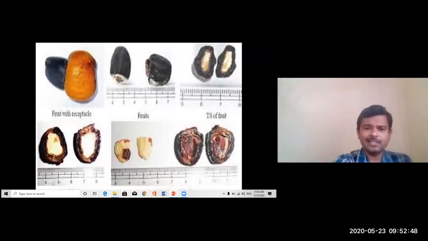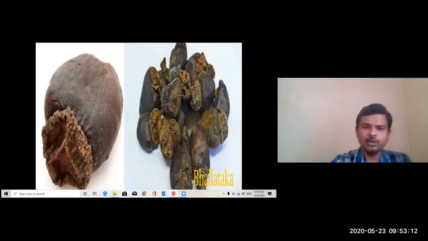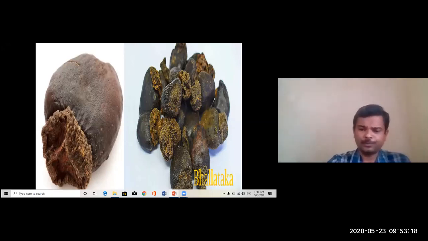So here they have cut the seed. The seeds are also present here and the fruit is also present here. After completely drying, that false fruit becomes shrunken. So you can observe over the true fruit, there is a somewhat dried stalk-like structure present. That is the remnant of the dried false fruit. Here you can observe clearly the dried false fruit and true fruit. The true fruit's size will be maintained the same, whereas the false fruit, which is fleshy in nature, shrinks when it becomes dry. Okay, so you can clearly observe in this figure.